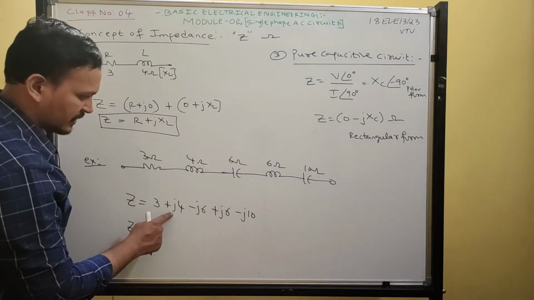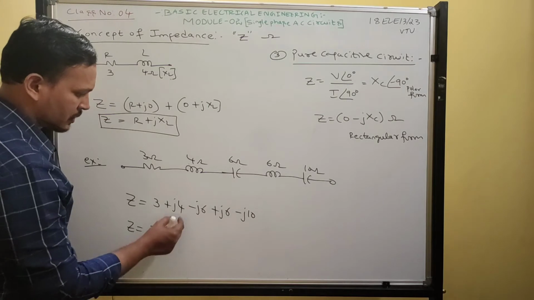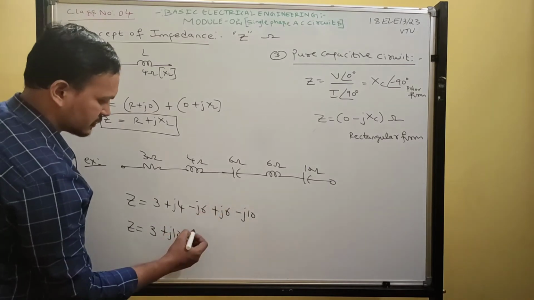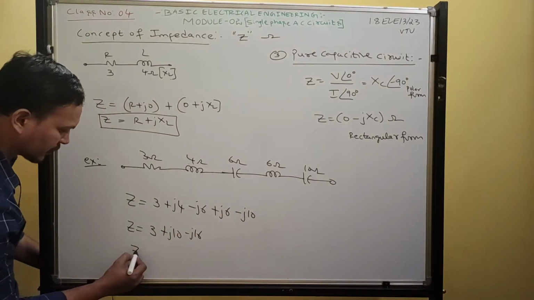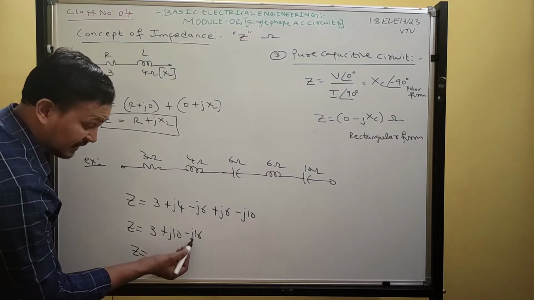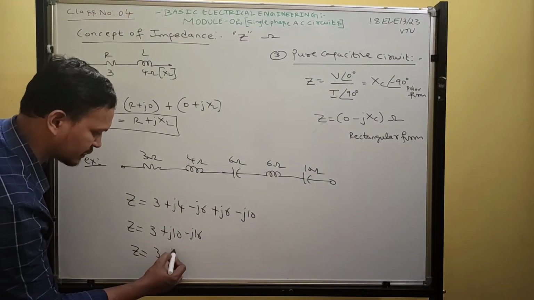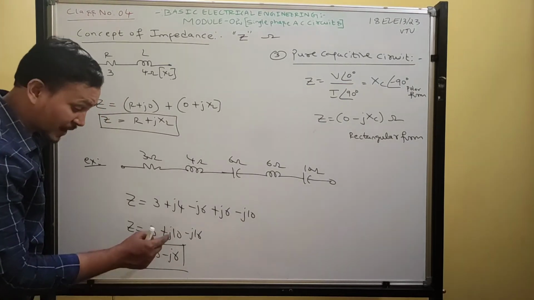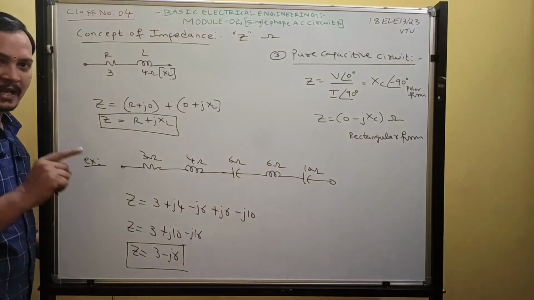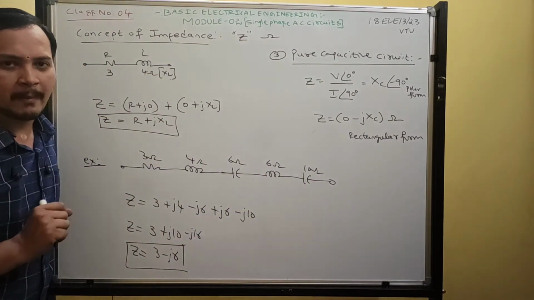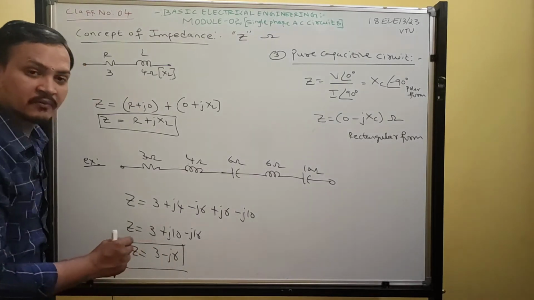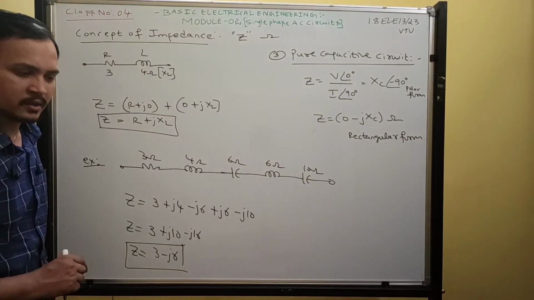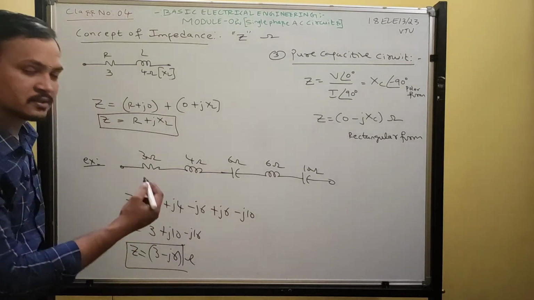Now you simplify, plus J's in one group and minus J in another group. So J4 plus J6, how much you get? J10. Minus J6 minus J10, minus J16. So together plus J10 minus J16, how much? Minus J6. Okay. So what is the impedance? Overall I got minus J6. What that indicates? In this overall circuit, capacitor is dominating. The whole circuit behaves like a series RC circuit. Understood now guys how to write impedance directly?